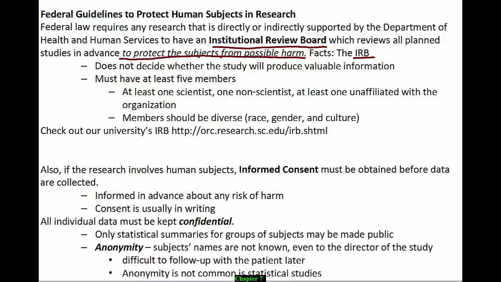So sometimes we offer clinics with anonymity, where a person can come in and only be identified by a number, have their blood drawn to be tested for the disease, and then they could come back and only look up their results with their number, so no one ever has their name. This would be considered anonymity. Anonymity is not common in statistical studies, but sometimes it's necessary to balance the needs of the public against the needs of the researchers.